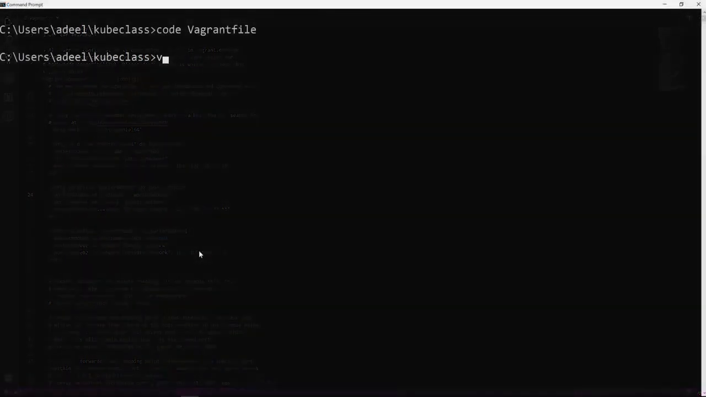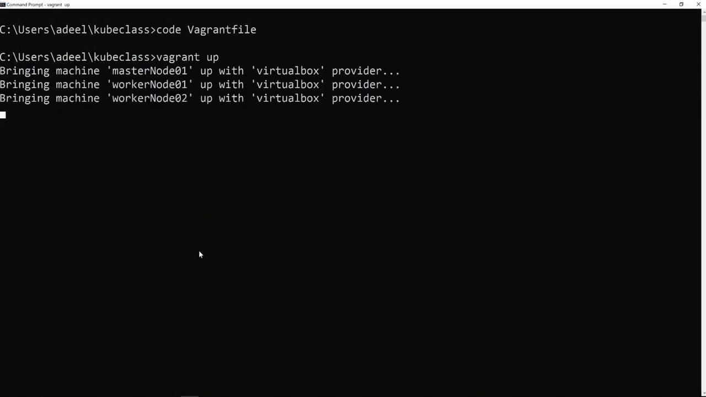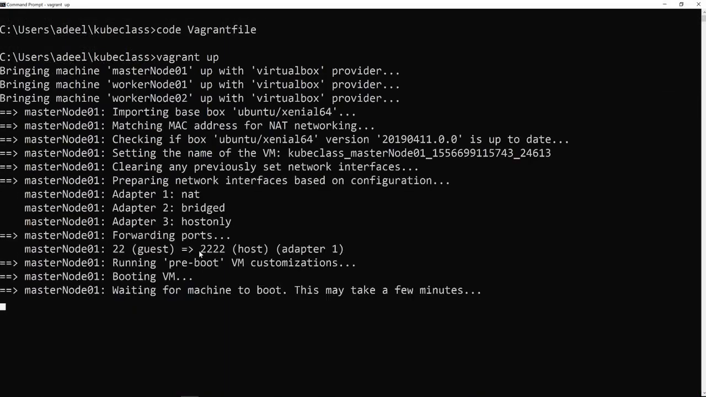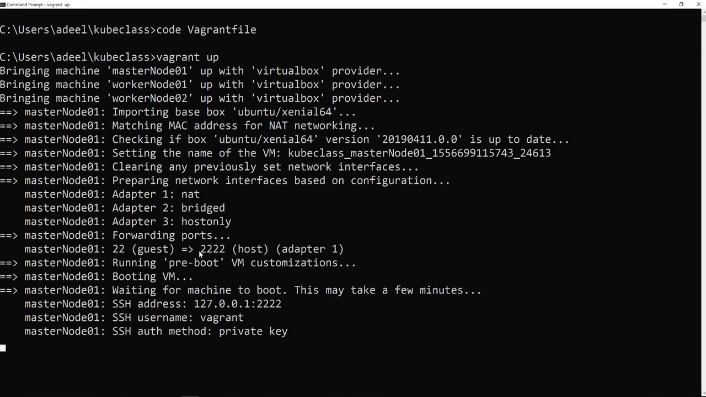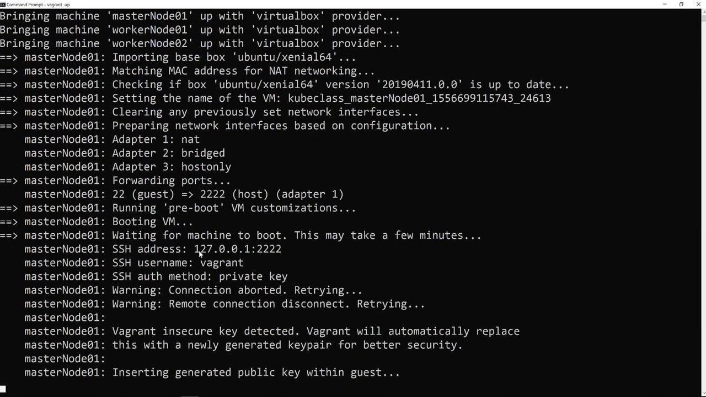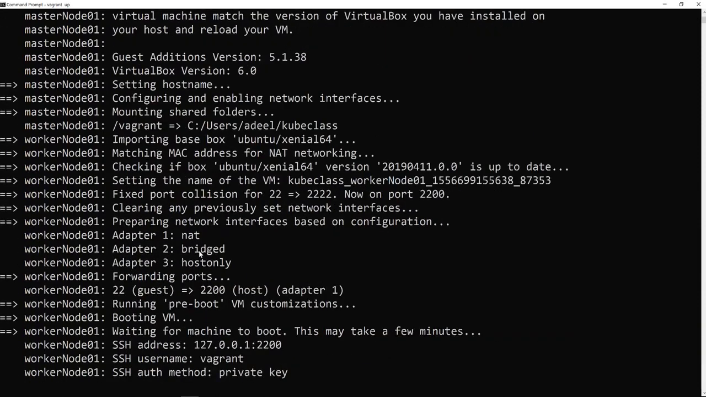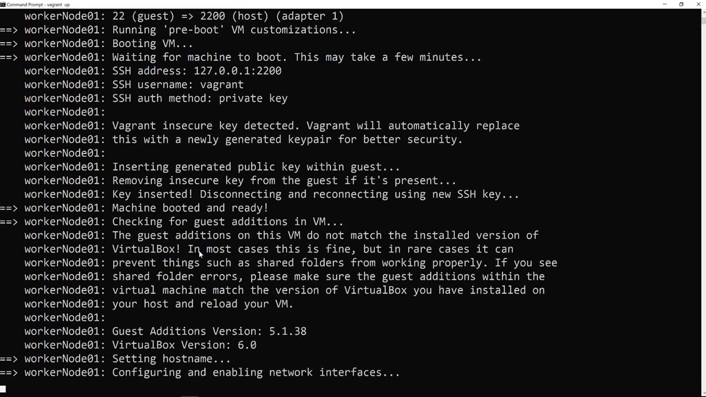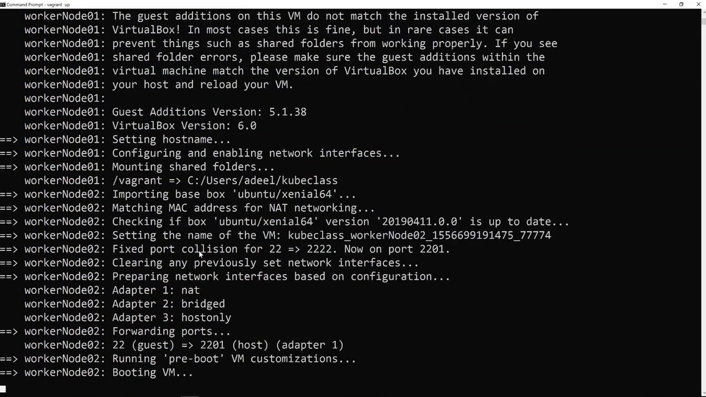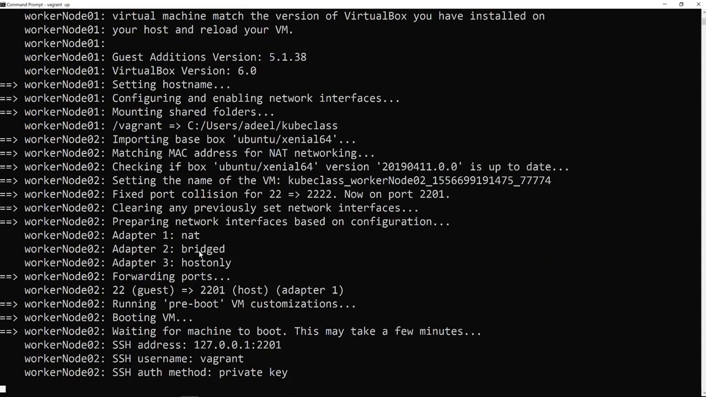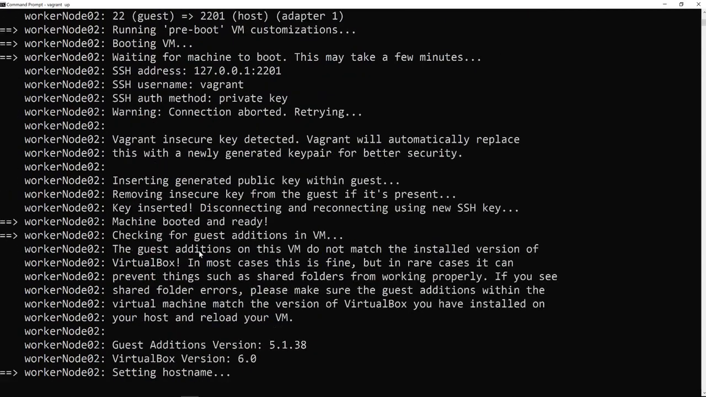Let's run all the machines by writing vagrant up in the command line. It will take some time. As you can see, we have configured all of the machines in one go. It is quite a faster way to configure images in Vagrant as compared to what we saw earlier. So let's give it some time, and after it is finished,